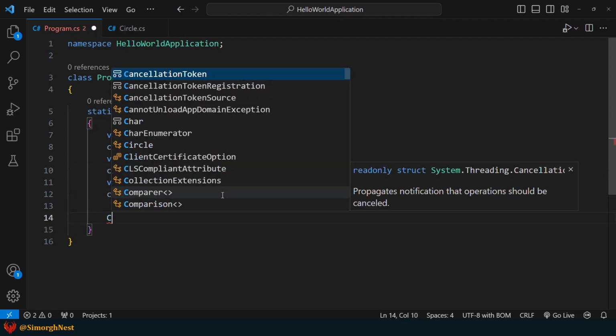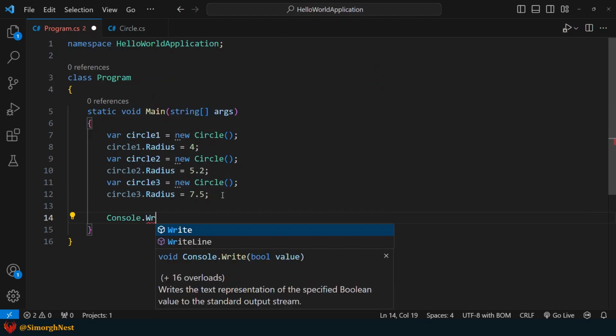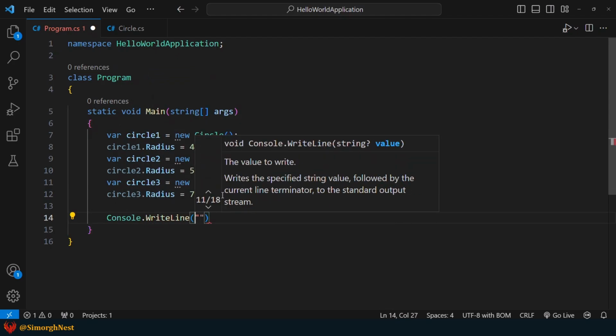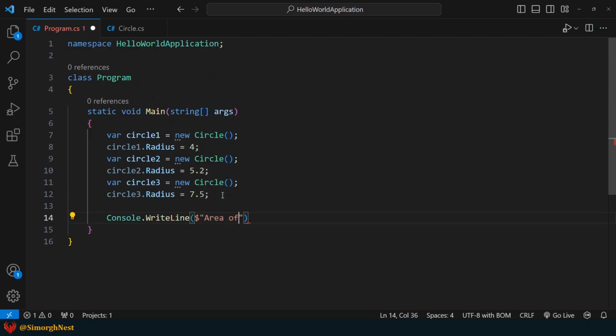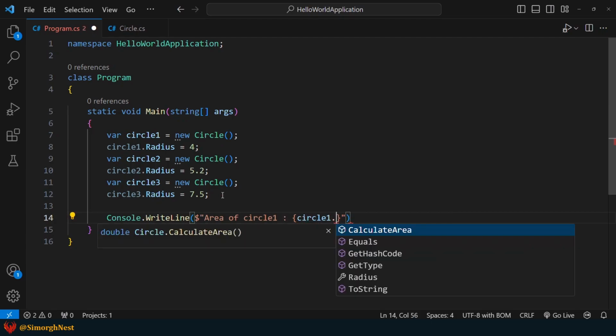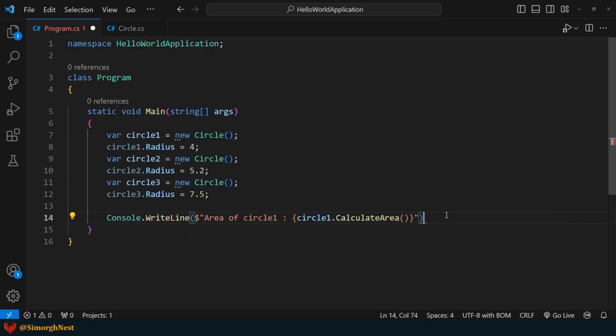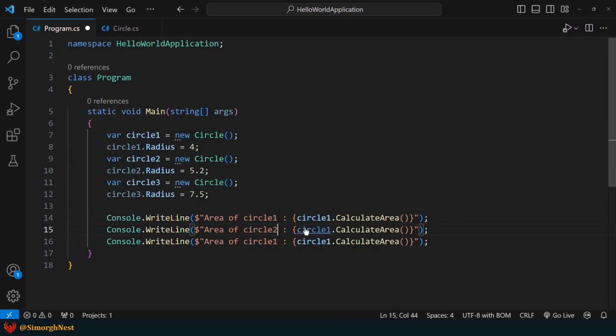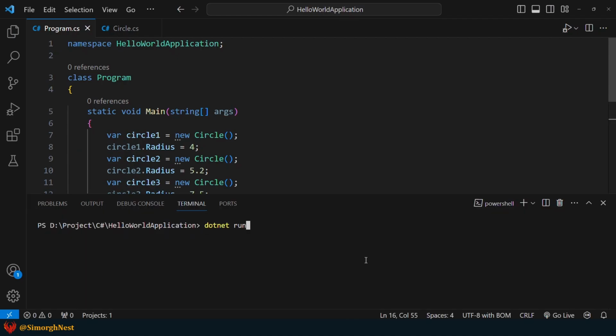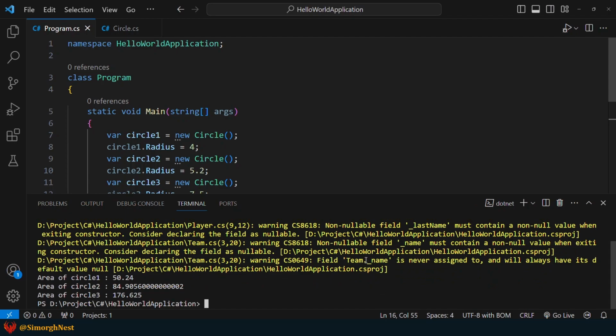After that, we print the calculated area for each circle. Finally, we run the application. As you can see, for each circle, we get the corresponding area value.